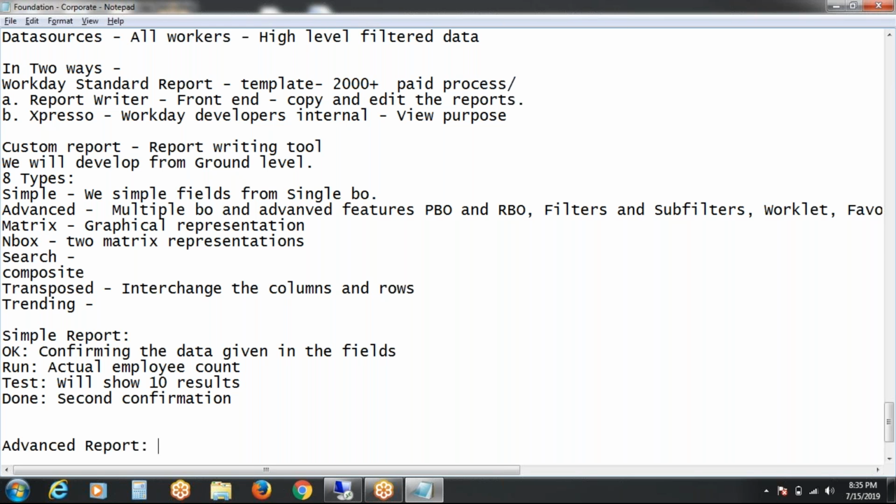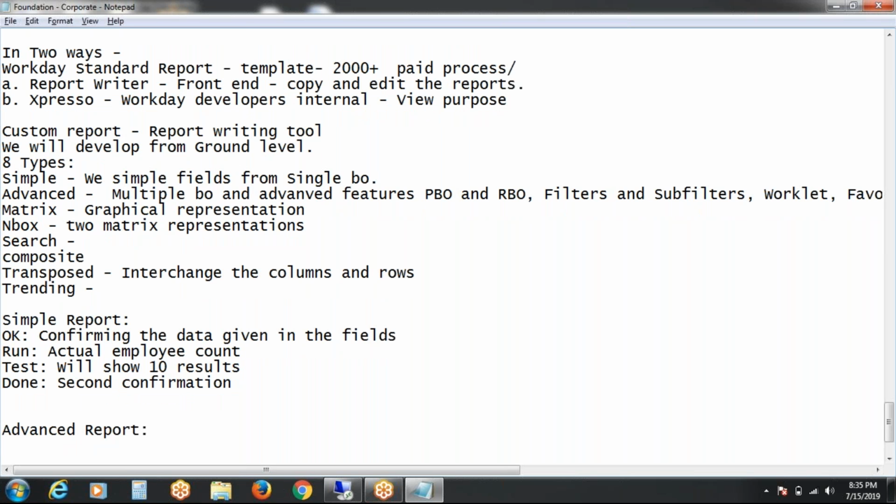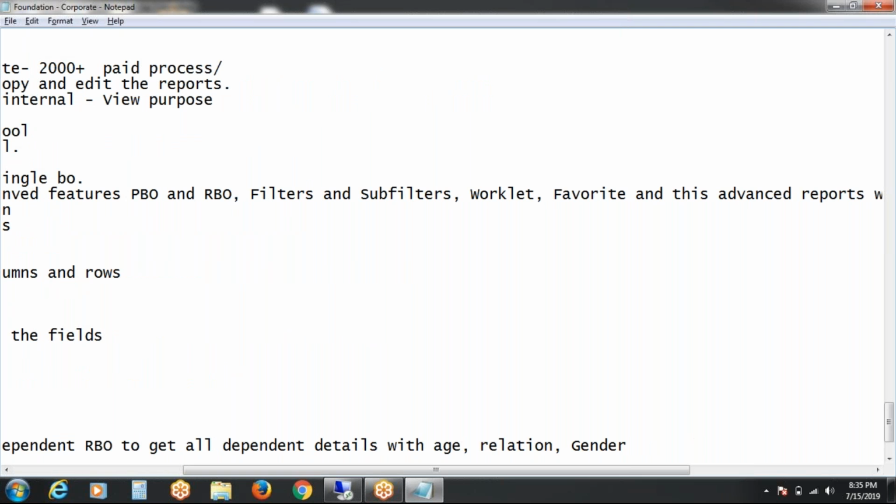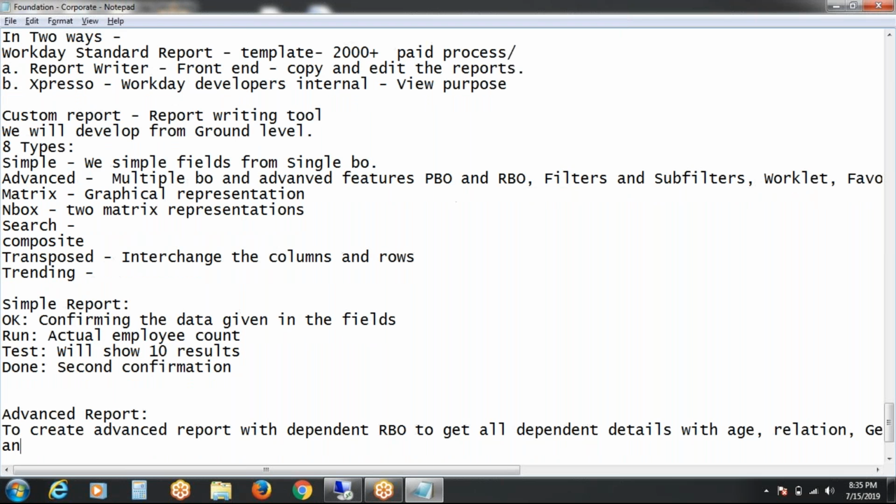In an advanced report, you can remove empties, in a simple report also. My task is that I have received the task to create an advanced report with dependent RBO, to get all dependent details with age, relation, gender of the dependent, and dependents.